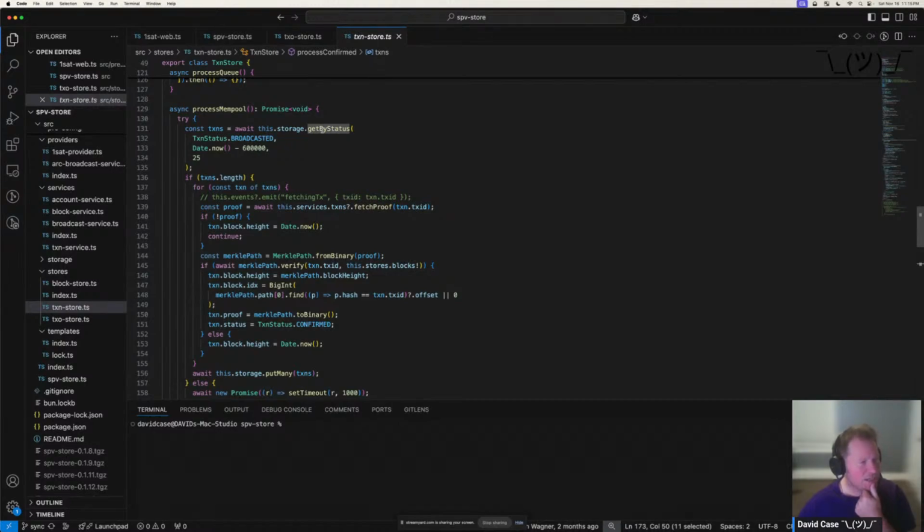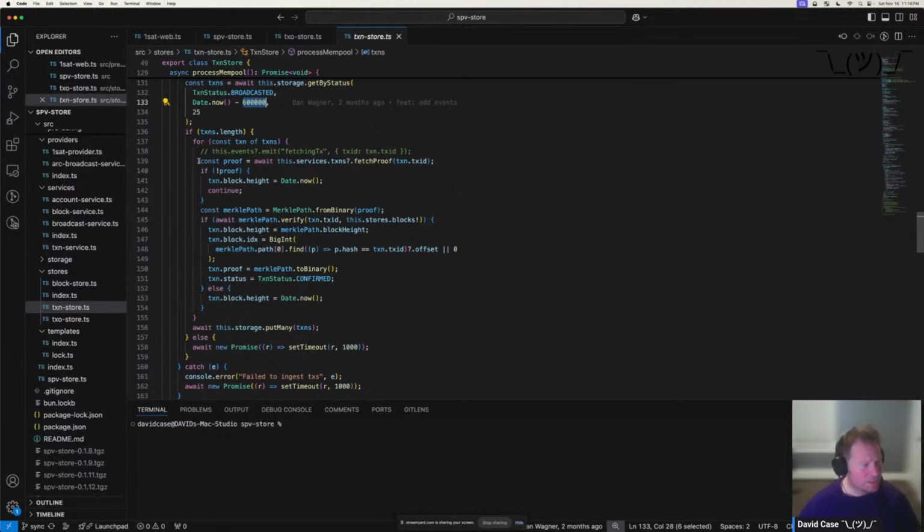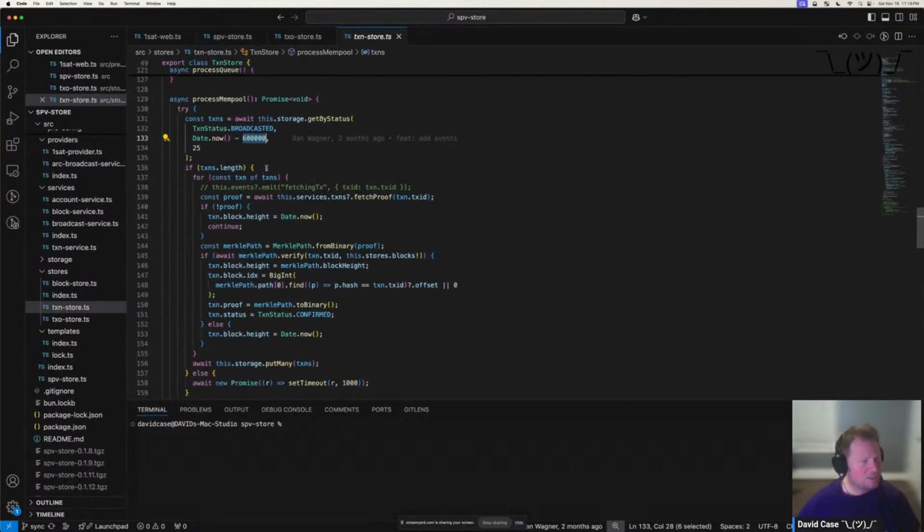So I'm getting all the transactions where my status is broadcasted and I am greater than 10 minutes old, and I want 25 of the transactions. We loop through the transactions. I fetch the proof for the transaction. If I don't have the proof, so this I